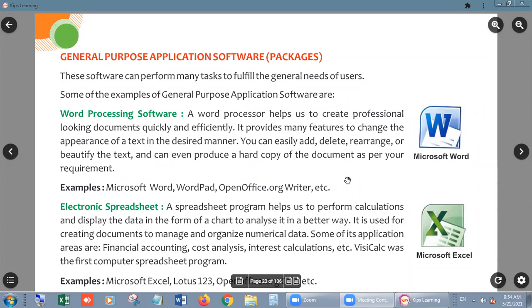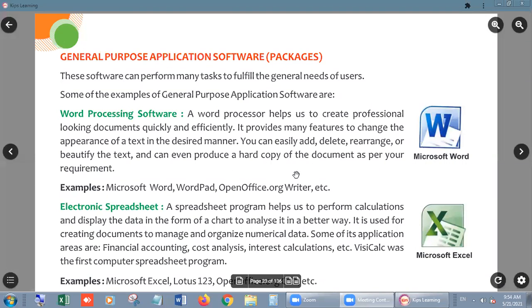Rearrange, if you think that the words are in jumbled order, some words are ahead and some behind, then you can rearrange them or beautify the text, means you can format the text, give color to them, give size, right? You can give a writing style, that is font, and can even produce a hard copy of the document as per your requirement.